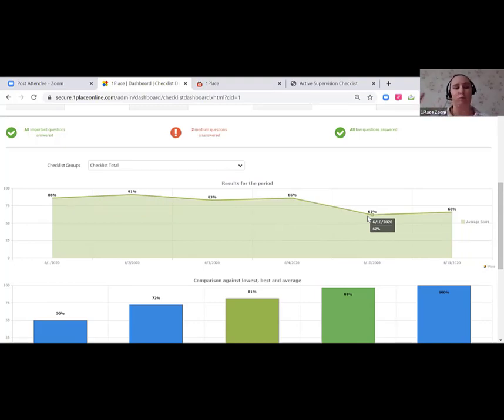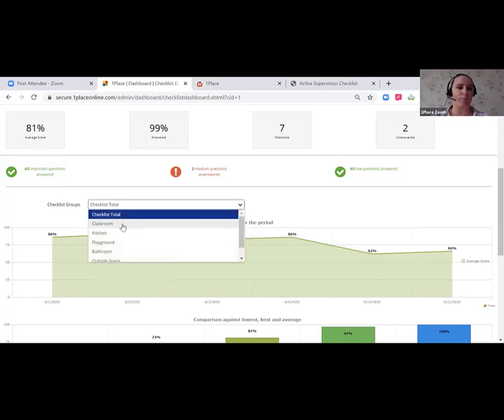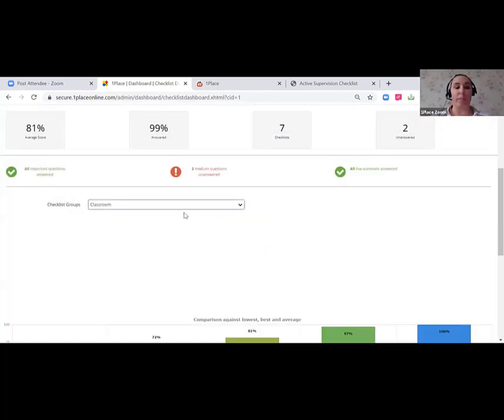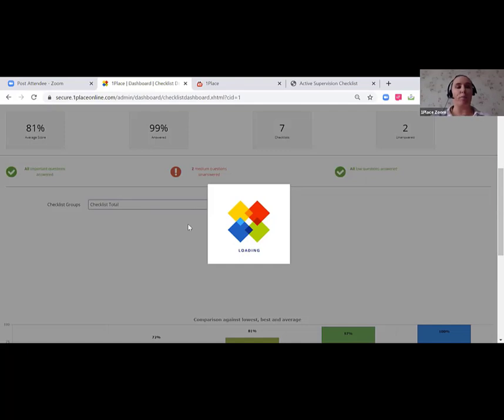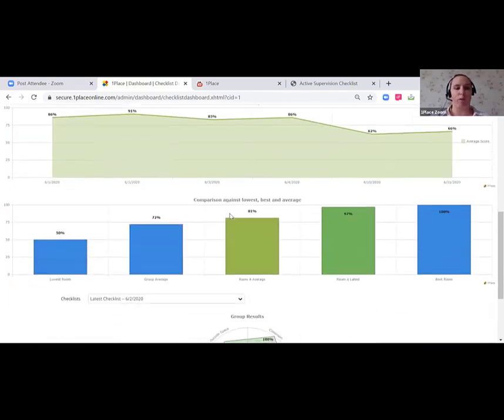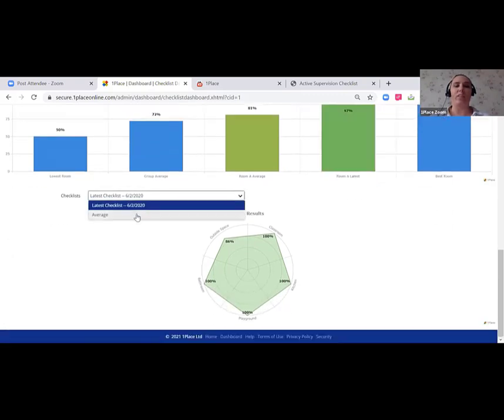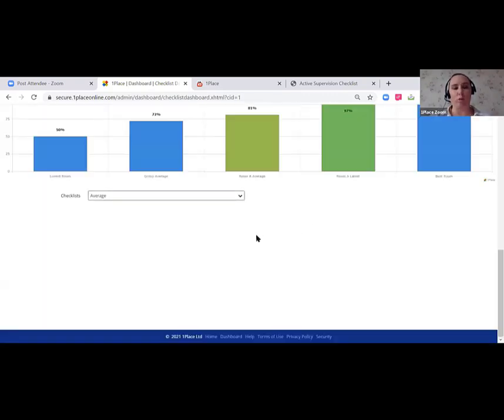And really have a robust discussion over a long period of time, what their consistent procedures are looking like as well. We're also able to look at particular groupings, like looking at just the classroom or just the bathroom over that period of time, and then have those discussions as well. We can then compare them to the lowest room that's using the standardized opening procedure to the best room and have those discussions, as well as look at their average in those particular groupings over that period of time